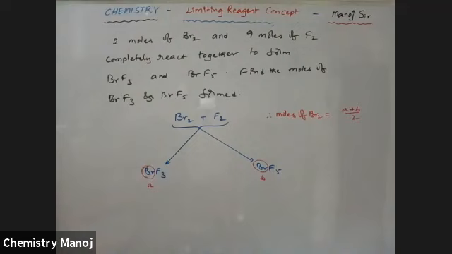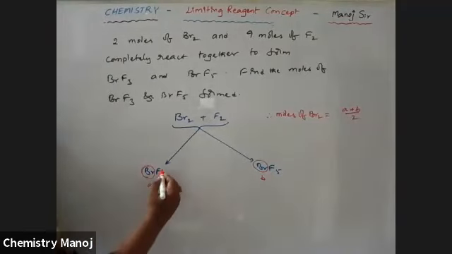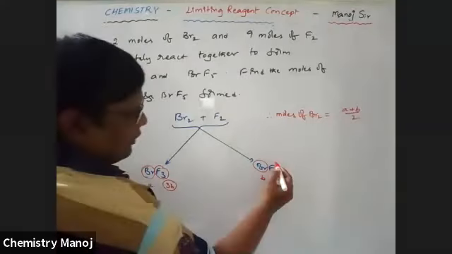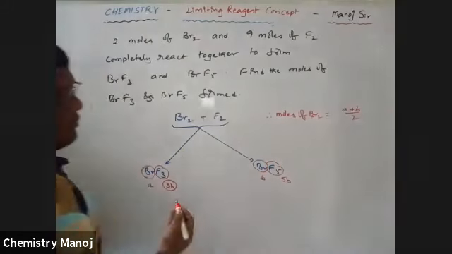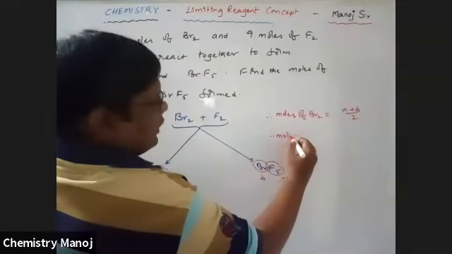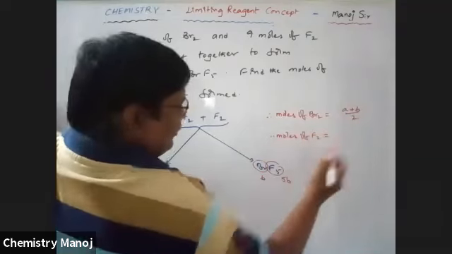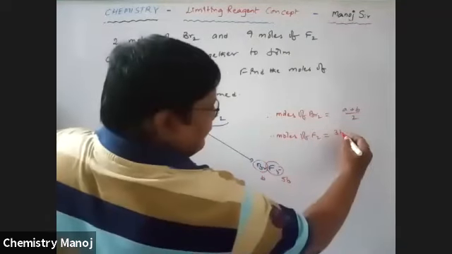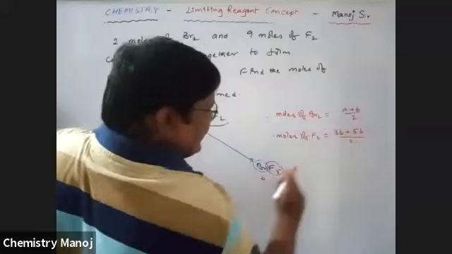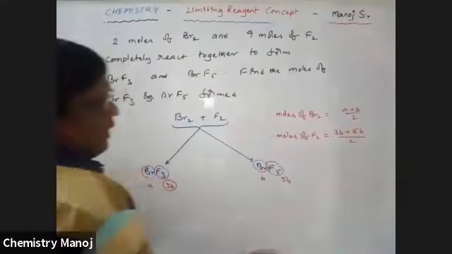Moles of Br2 is equal to A plus B by 2. Next, similarly, here fluorine, 3A exists, A is the moles of BrF3. Here fluorine, 5B exists. Therefore, moles of F2 is equal to 3A plus 5B by 2. It is only F, but we want F2, that is half mole is available.